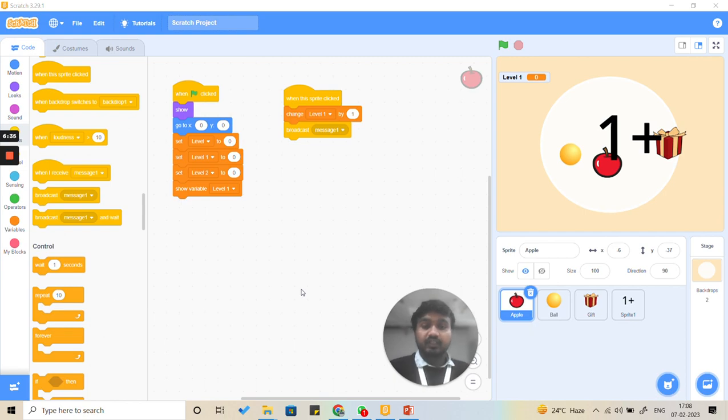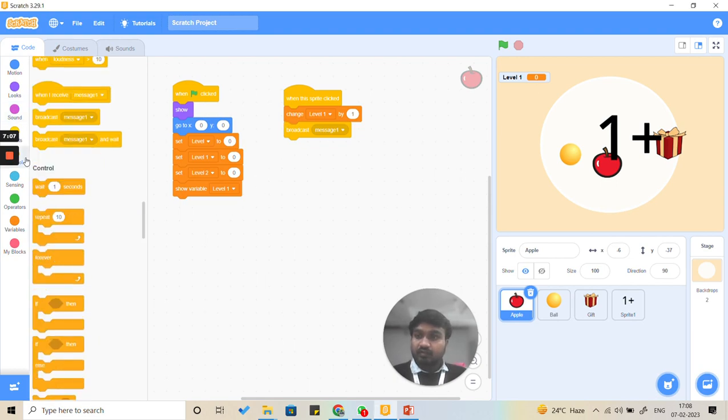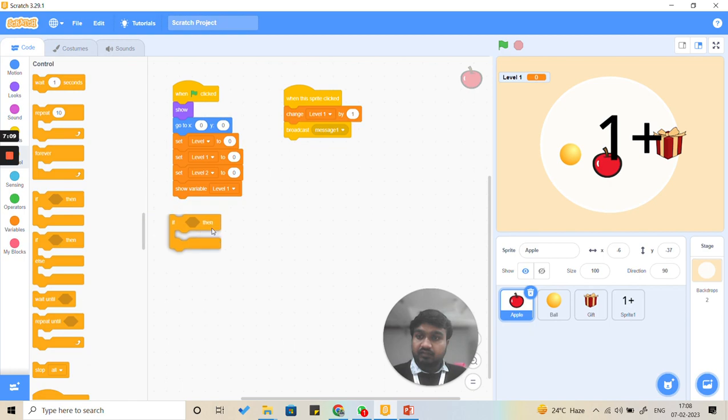Now next, what we are going to do? We are going to set the limit. Like if we have clicked on this sprite almost 100 times, then it should hide. So for that, we are going to continue from this only. Like if the value of level 1, that will keep on increasing, reaches 100. So we're going to use a conditional statement if,